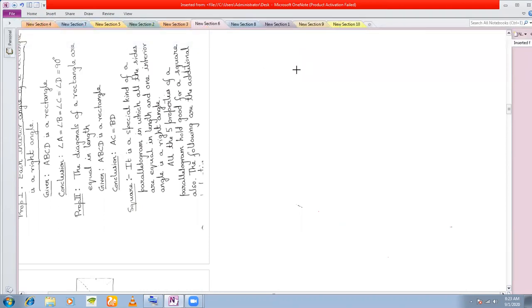So if I give you, and call this ABCD, this is a parallelogram. I have given you a parallelogram which might look like a square, but it is not a square. So ABCD is a parallelogram such that all the sides of the parallelogram are equal. And apart from all the sides being equal, one angle is 90 degrees. Then you can say that that parallelogram is a square.